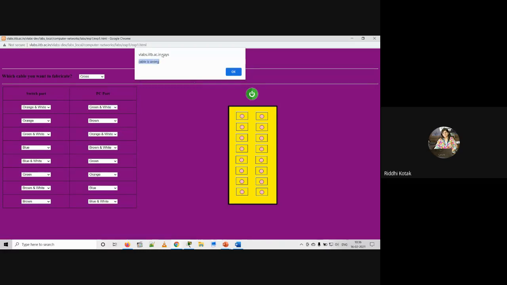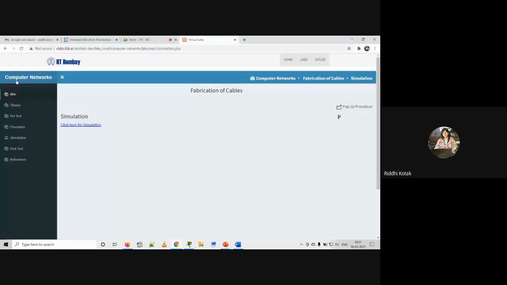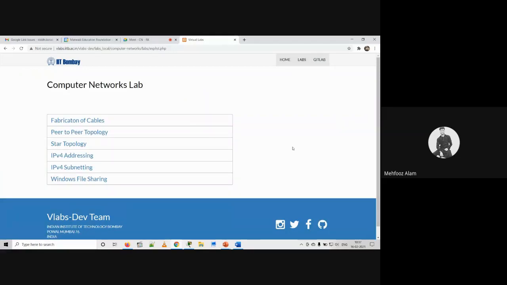So this is how, using IIT Virtual Lab, you can practically implement the same theoretical approach over here. Also you will get your outcome. So this is clear to everyone, all the students? Yes, ma'am. Okay, good. Now,